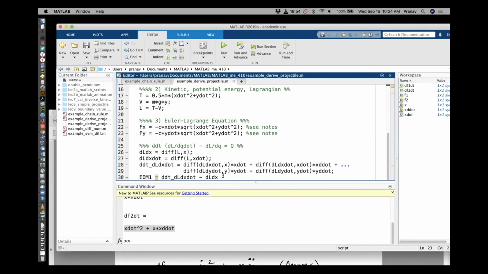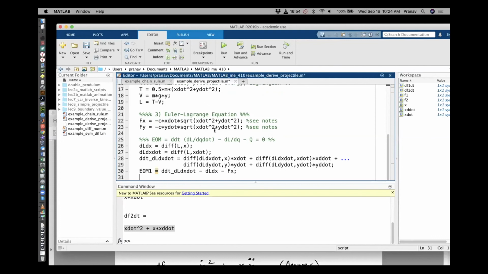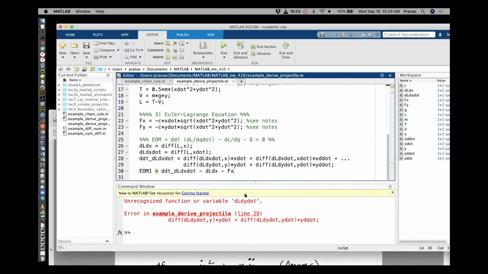Okay, so this equation is going to be this minus this equals q. What I'll do is I'll move this q to the left side so that I can write equation 1 is equal to 0. So that will be minus f of x, because I moved this to the right. So the other way to write this is minus q equals 0, and that's what I'm writing. So this is going to be my EOM. EOM equals this. Okay, and the magic of this is you run this and